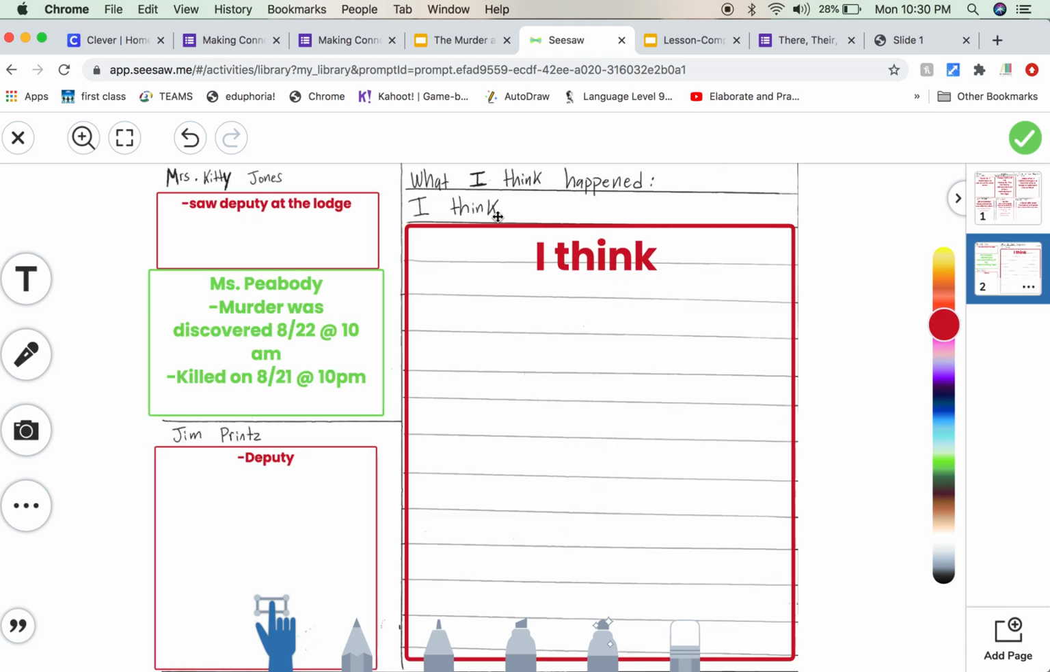Go to page 2. Mrs. Kitty Jones said she saw the deputy at the lodge the night of the murder. So what was the deputy there? Then Jim Prince is our deputy. And we're going to type in